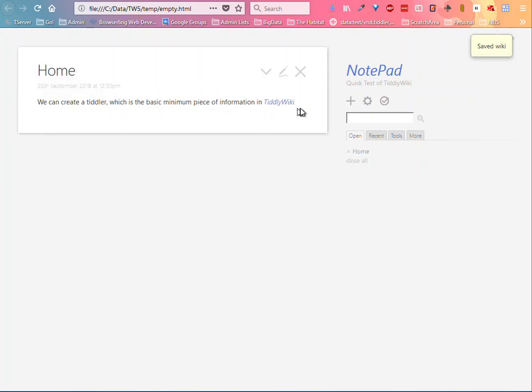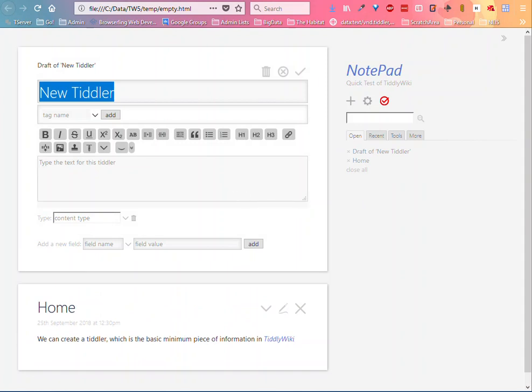and now we have basic text in a piece of inside our TiddlyWiki, inside a tiddler called home. So if we reload, that's the first thing we see. At any point you can just click and make a new tiddler. So you know, it could be your shopping list, it could be the first chapter of your book,